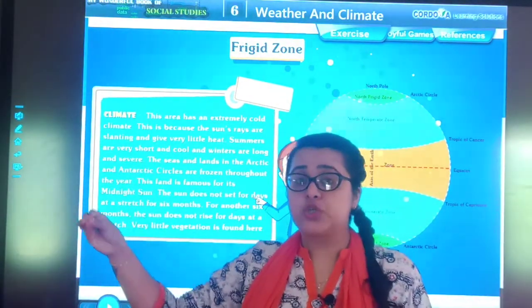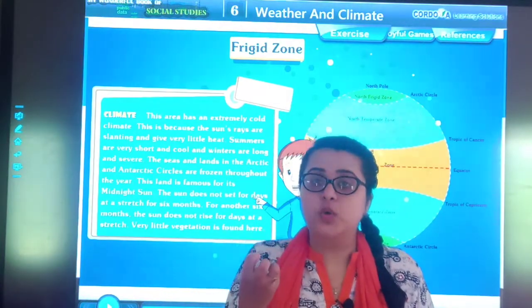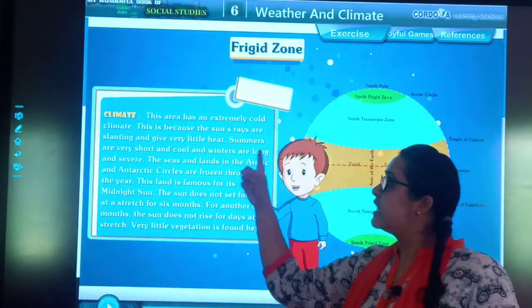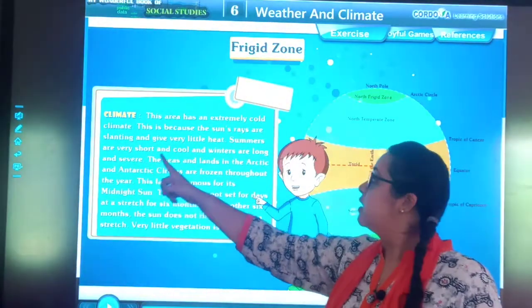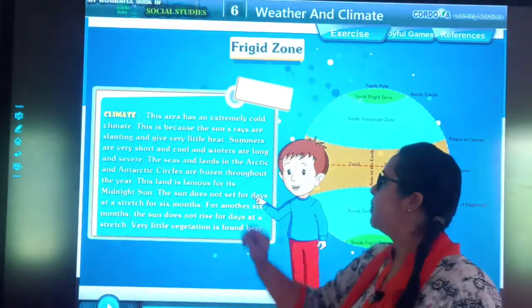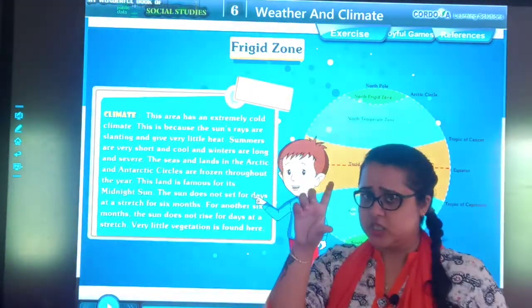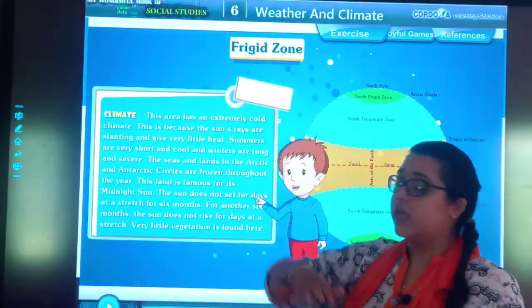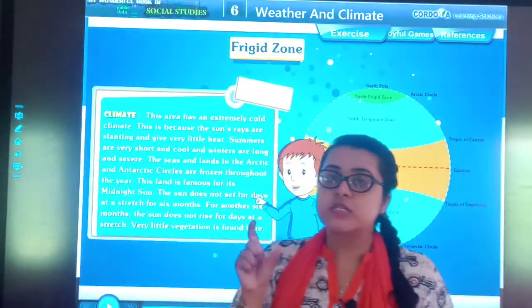जब तक वहाँ पहुँचती है तो जो स्लैंटिंग जो हीट होती है ना वो भी रिड्यूस हो चुकी होती है. This area has an extremely cold climate. This is because the sun rays are slanting and give very little heat. Summers are very short and cool, and winters are very long and severe. Summer season तो बहुत short